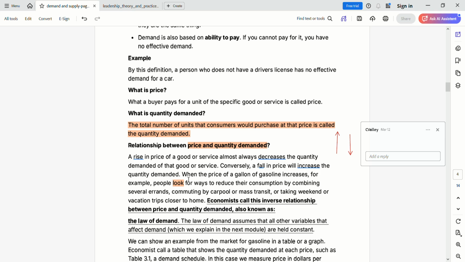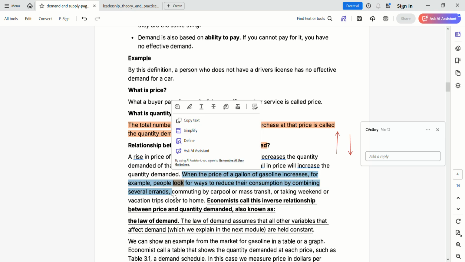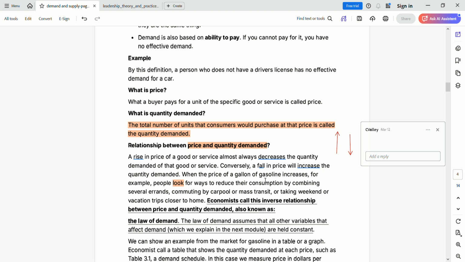Here is an example. When the price of a gallon of gasoline increases, for example, people look for ways to reduce their consumption by combining several events. For example, when the price of gasoline, that is the petrol price, increases, the consumer looks for